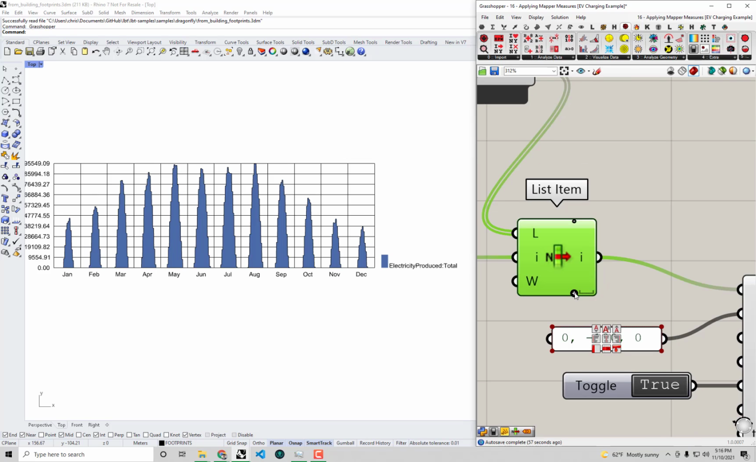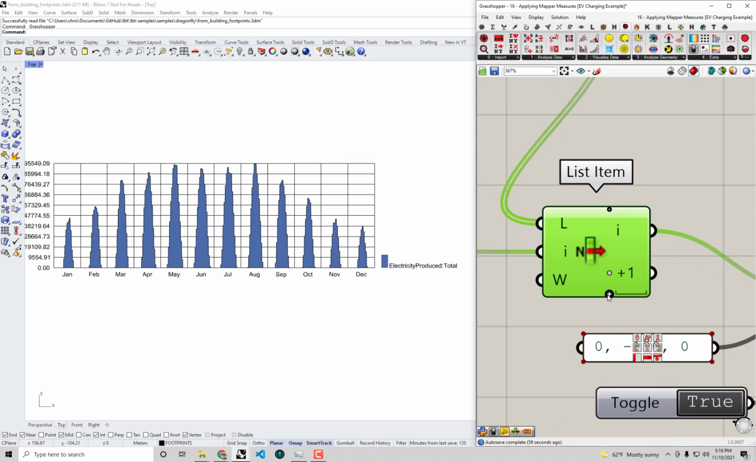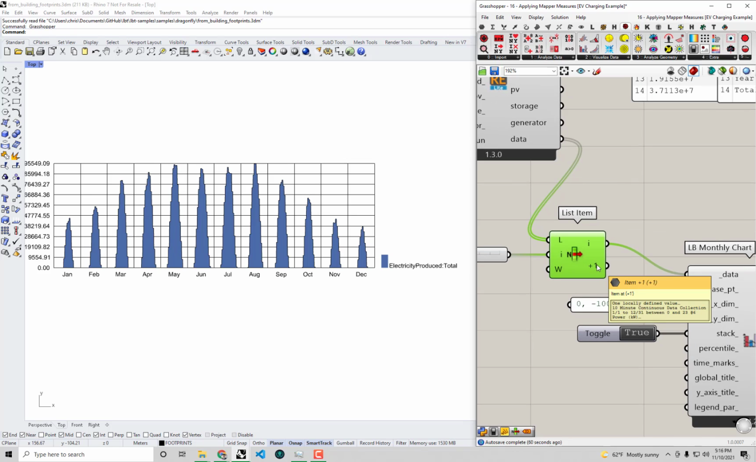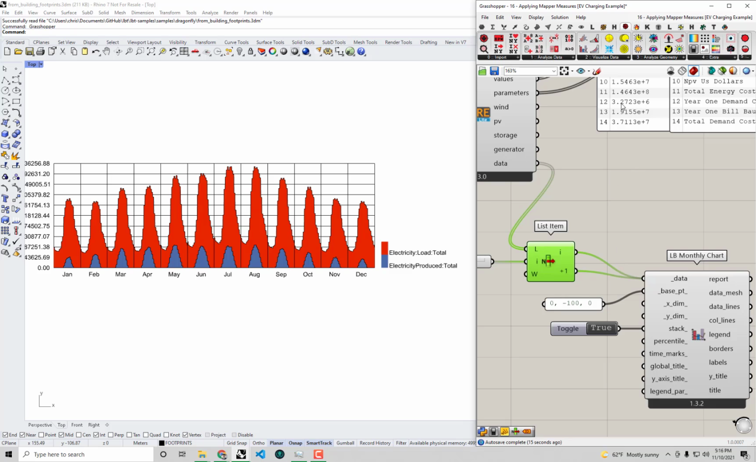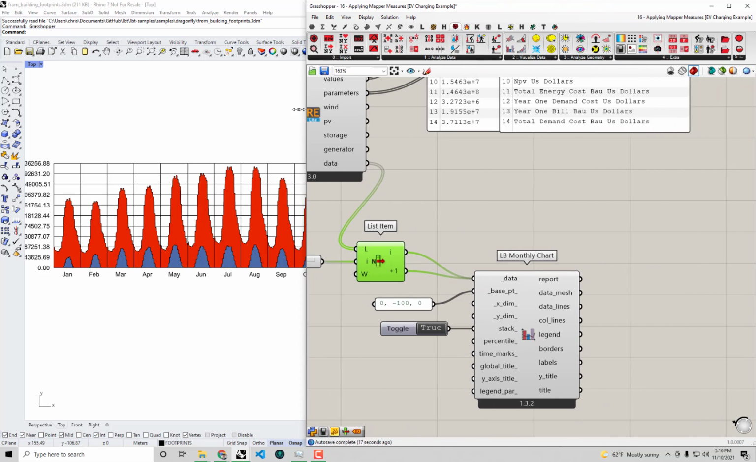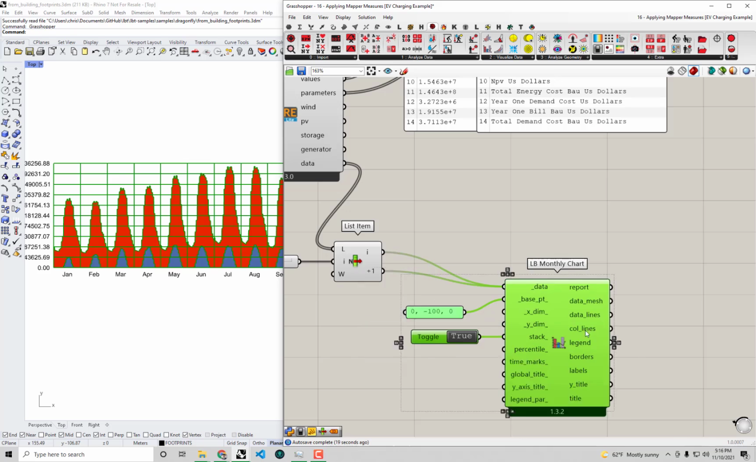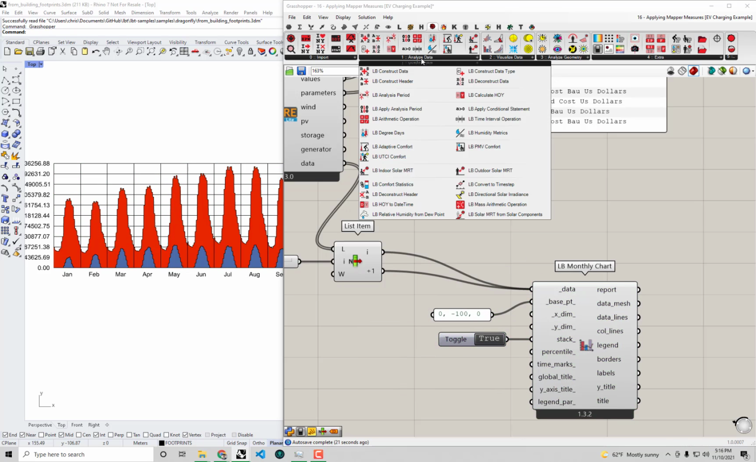If I zoom into the list item component here and hit plus, this will give me the consumed electricity. So I can hold down shift and plot both the electricity load and the electricity produced on the same chart. Probably it doesn't make sense to stack these like this. Maybe it's easier to think of the load as something that's negative and the produced energy as something that's positive. I can do that pretty easily by processing this data using some of the analyze